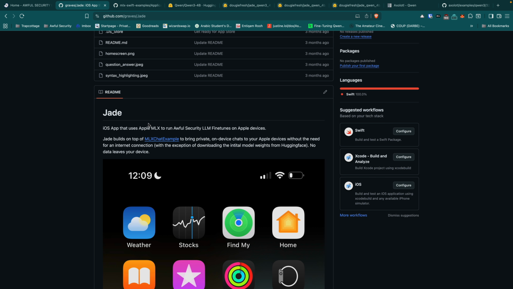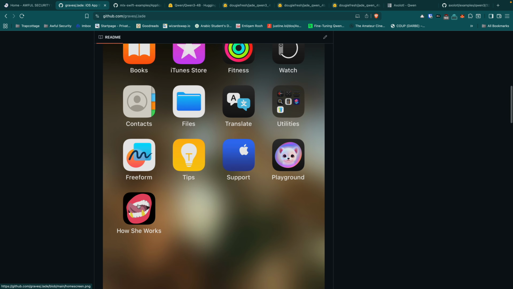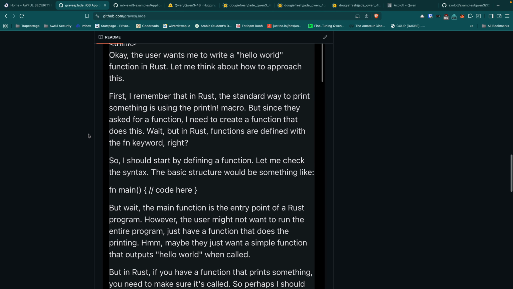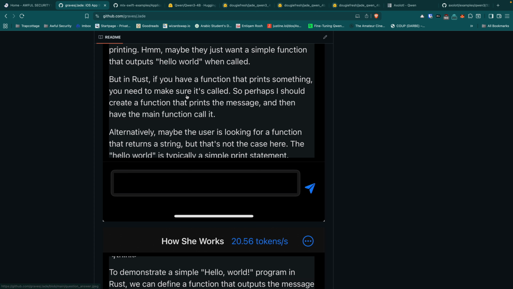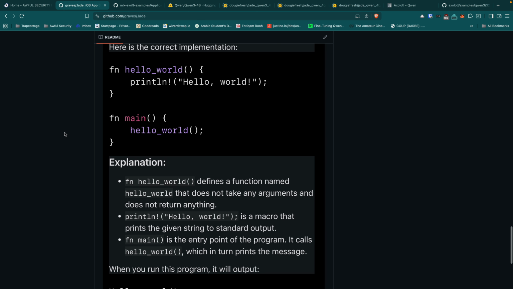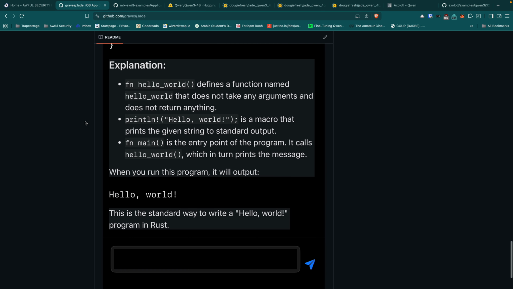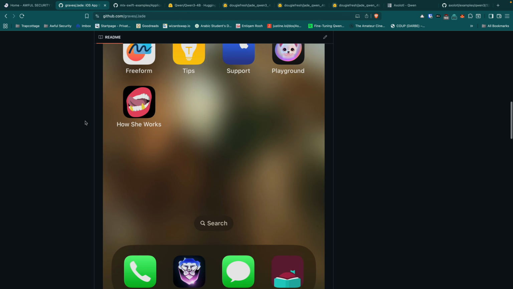So yeah, this is the basic overview of the app. Here's what the icon looks like. That's going to be crucial for finding it in the App Store. This was my code name for it while I was working on it. It is no longer called How She Works. It is called Jade, or Awful Jade. Here's a little preview of what it looks like. I should probably make these pictures smaller. But let me give you a little tour of the app.